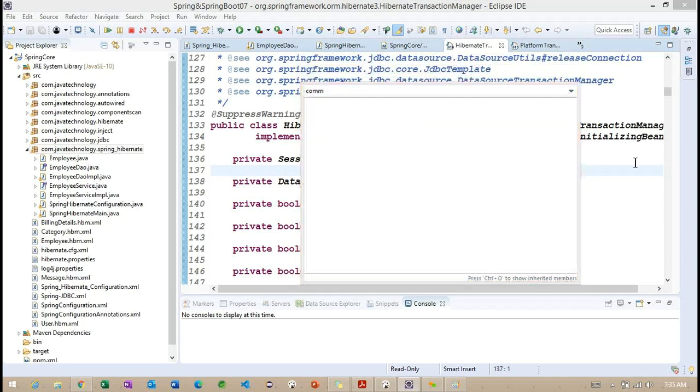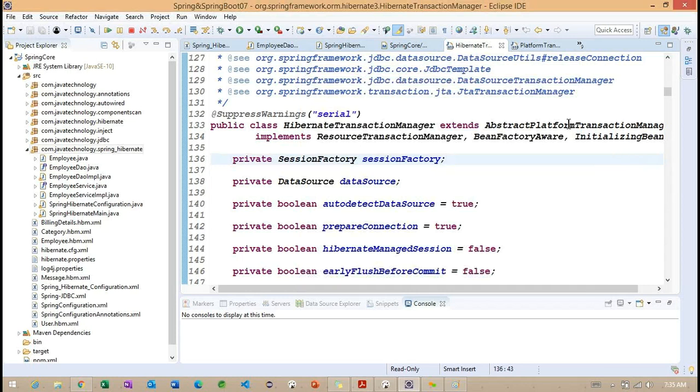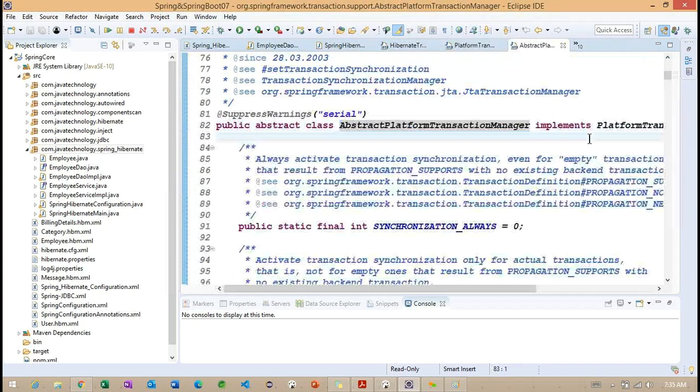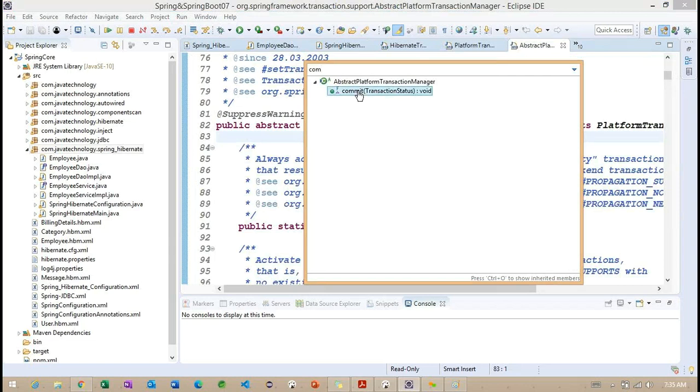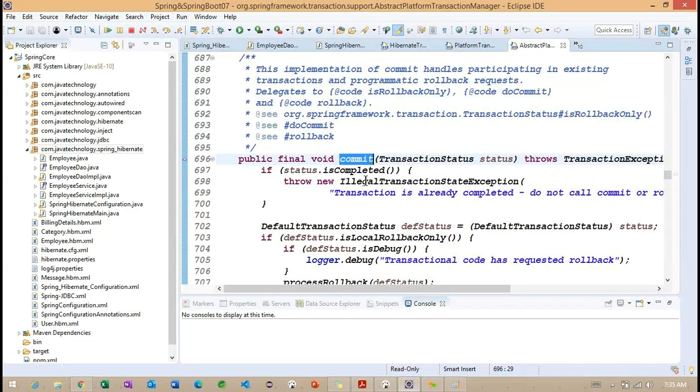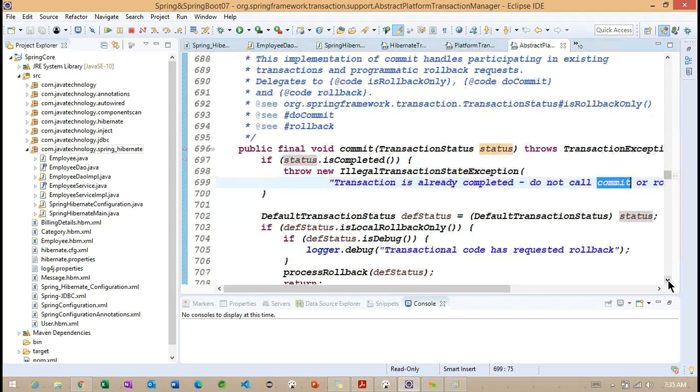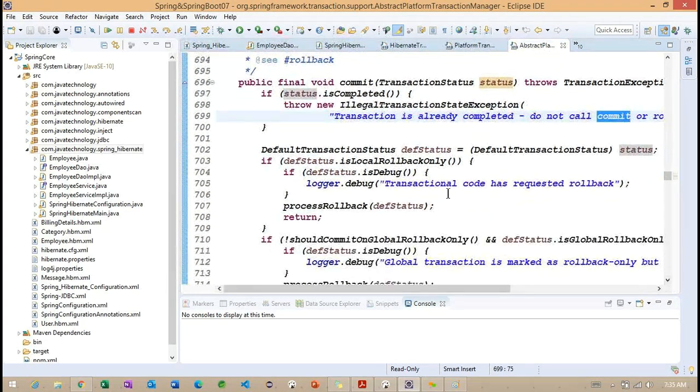We don't have any commit method inside this particular Hibernate transaction manager. Now, whether the abstract platform transaction manager is implemented or not, you can see we have the commit here. Here we have the status. If this status is completed, we are going to get an exception: transaction is already completed, so do not call commit here. And if the transaction is not yet completed, now you can see